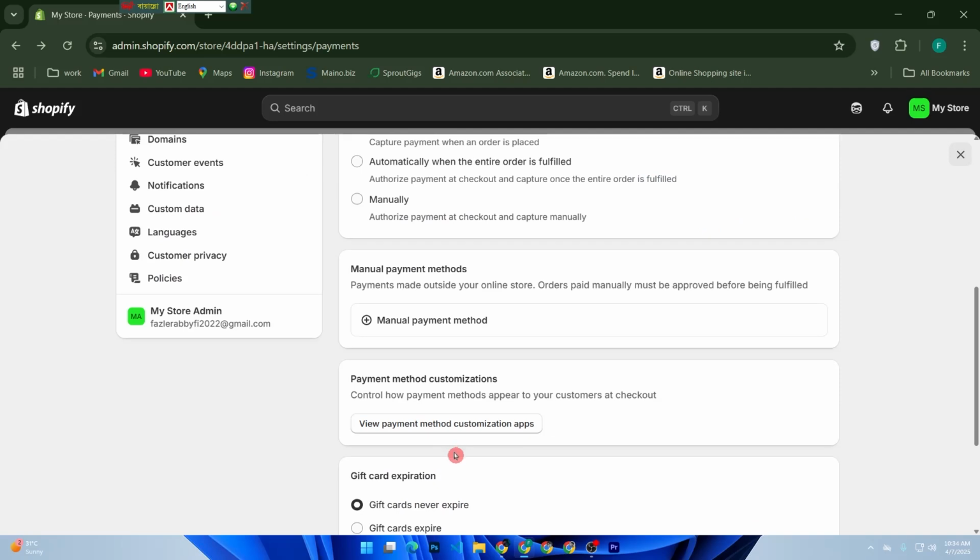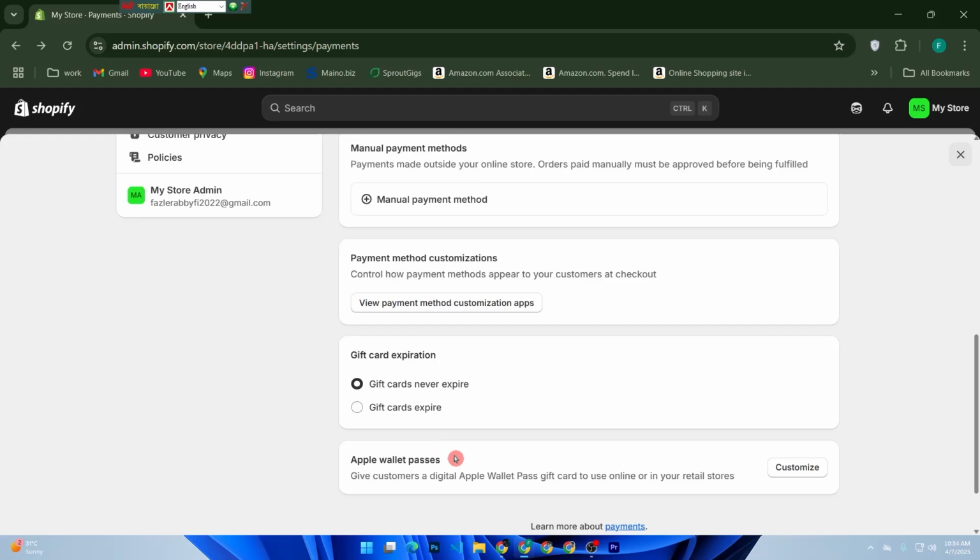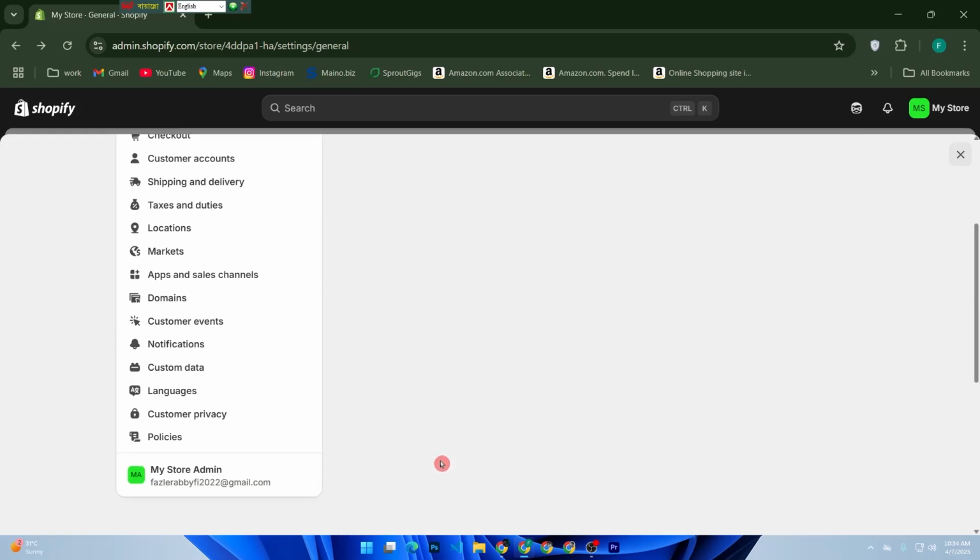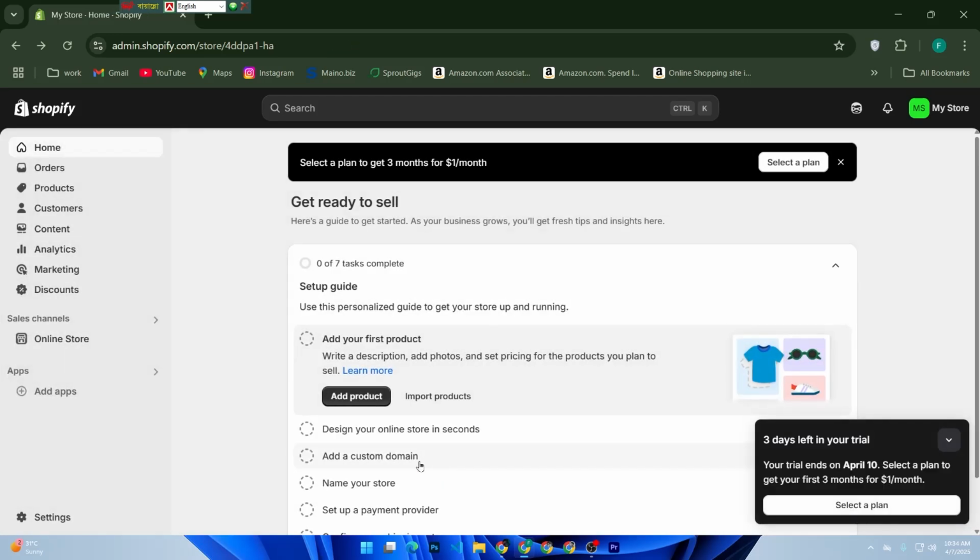Disable the app and test your checkout again. If it works after disabling an app, reach out to the app developer for a fix or find an alternative app. An outdated theme or version of Shopify might also cause